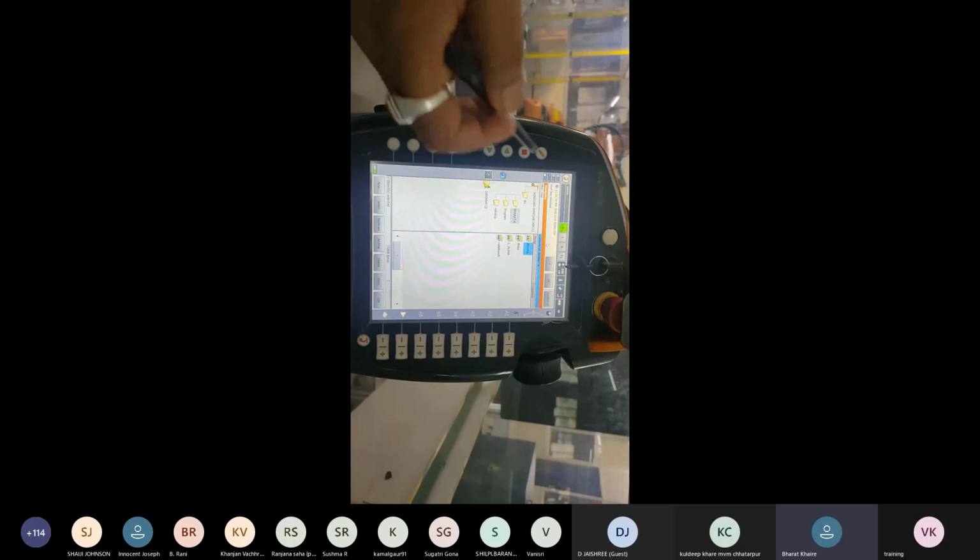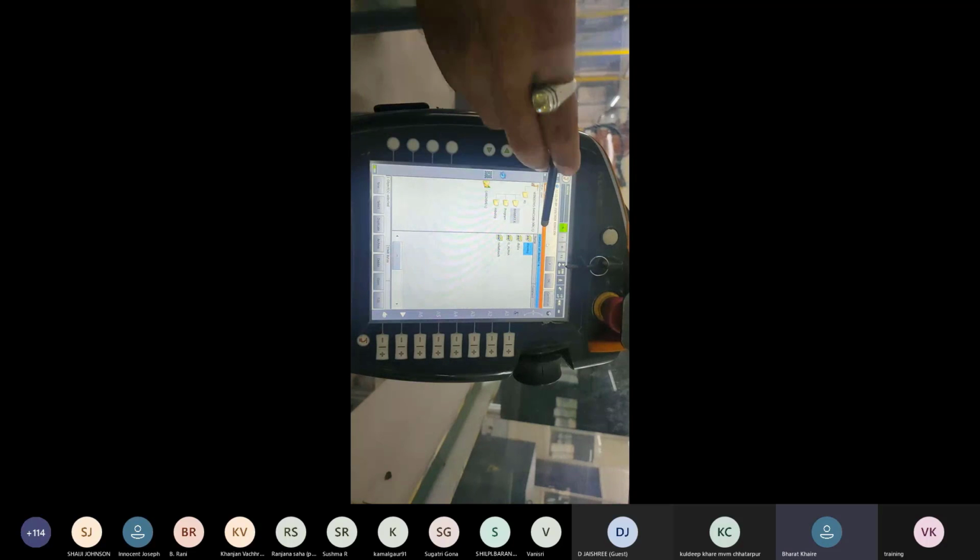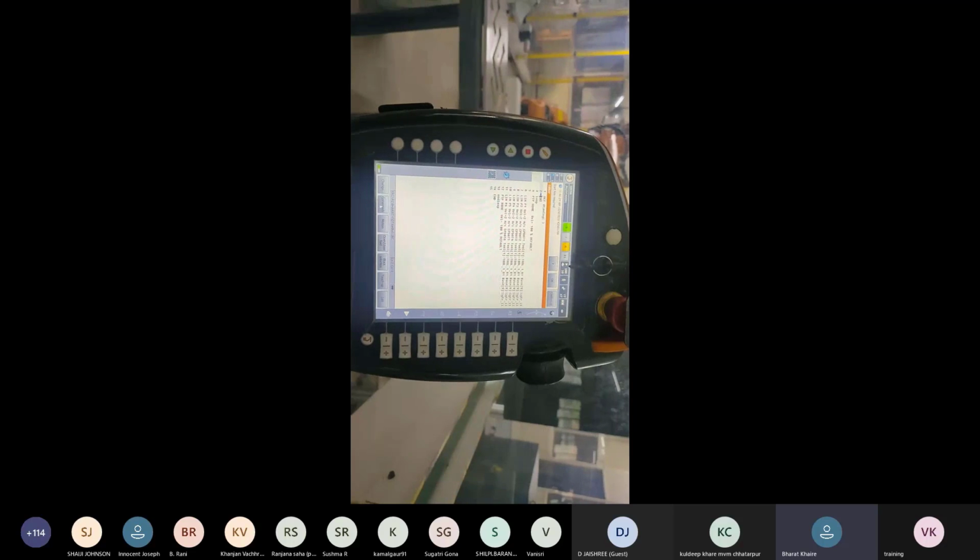But if we select any one program like this, we can select here. Here a tab is given, it is called select. Now the program is selected, then the R tab is converted to yellow light.